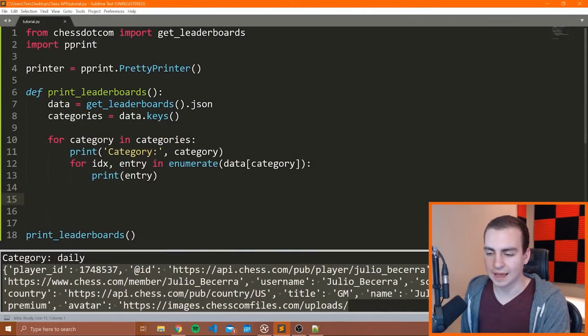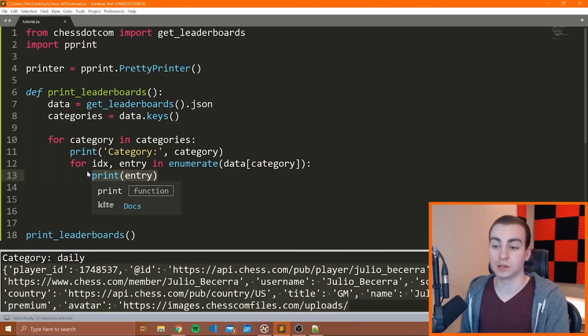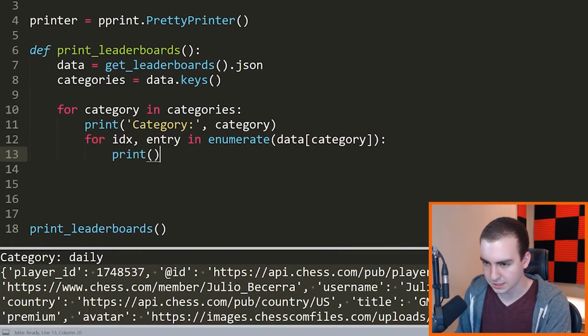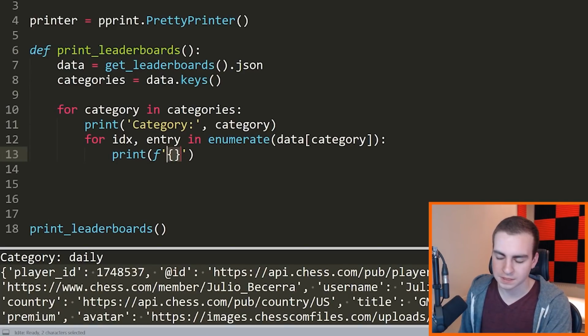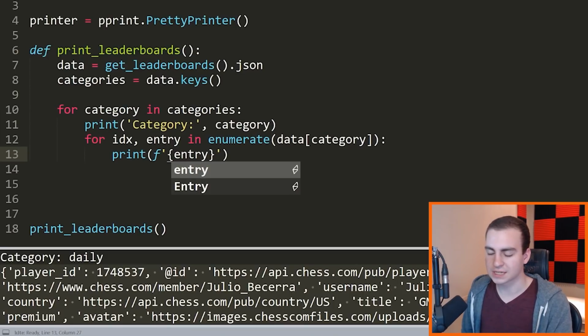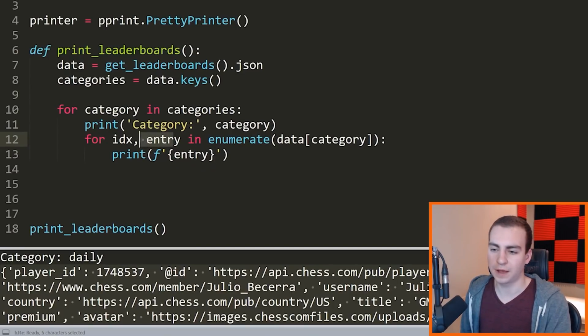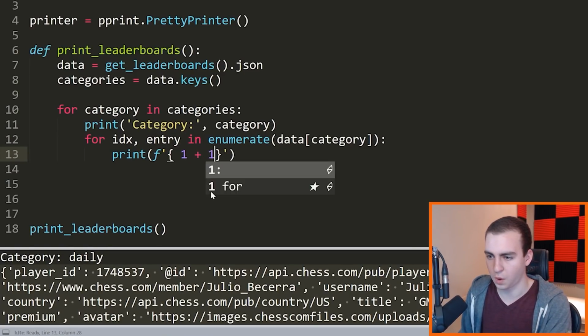Okay, so now that we have access to all of the dictionary objects, what we'll do is print something that looks a little bit nicer. So I'm going to say print, and then I'm going to use an F string. An F string is only available in Python 3.6 and above. What it allows you to do is have these little curly brackets inside of here where you can write actual expressions. So I could write entry inside of here. And what that will do is evaluate this expression if it's something that needs to be evaluated and just display that inside of the string. So it's really nice. I could do something like 1 + 1, that would display 2 inside of the string.